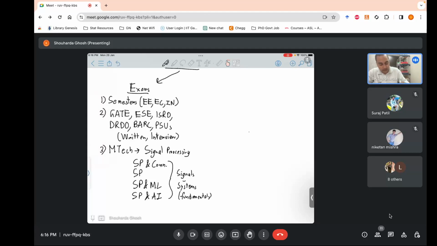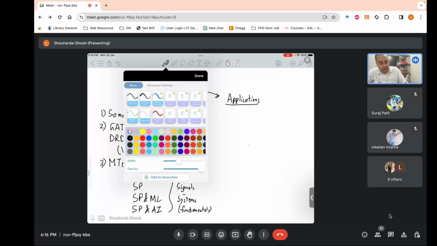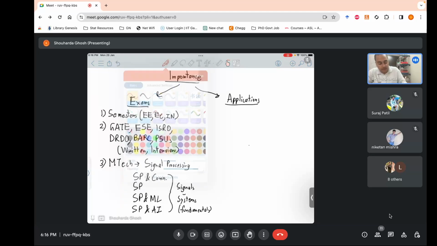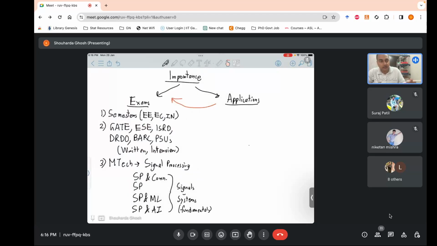And now from the applications perspective in real life, and I will show there's an indirect link also between these. So what is electrical engineering all about? You have some kind of a signal, you pass it through a black box which we call the system, and you get something out which is obviously